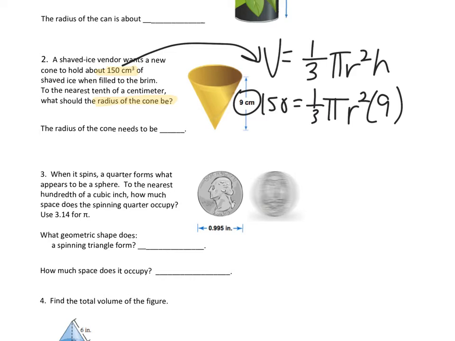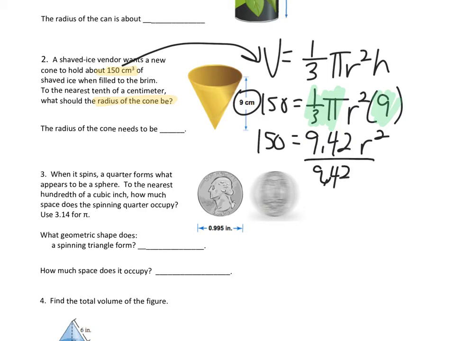All right, so what can we do here on the right side of this equation? We can combine 1/3 times pi times 9. Let's do that and figure out what that's going to give us. What that gives us is 9.42 r squared. Okay, so now we have a two-step equation. First, we need to get rid of 9.42. So we'll divide both sides by 9.42 to cancel that out. 150 divided by 9.42